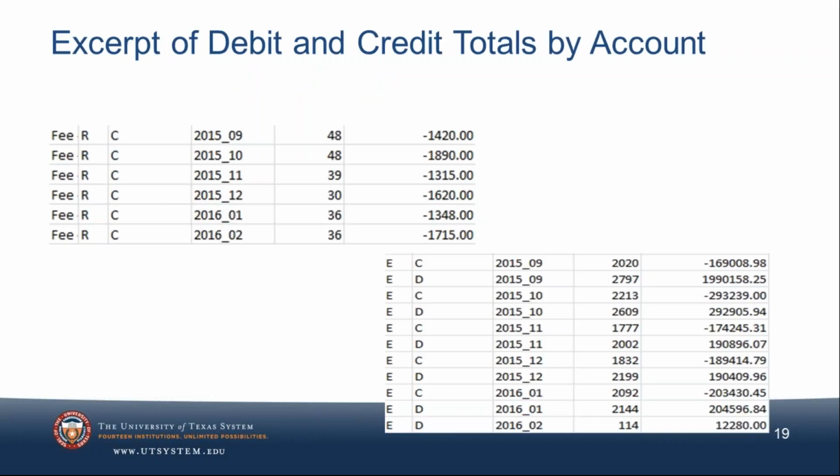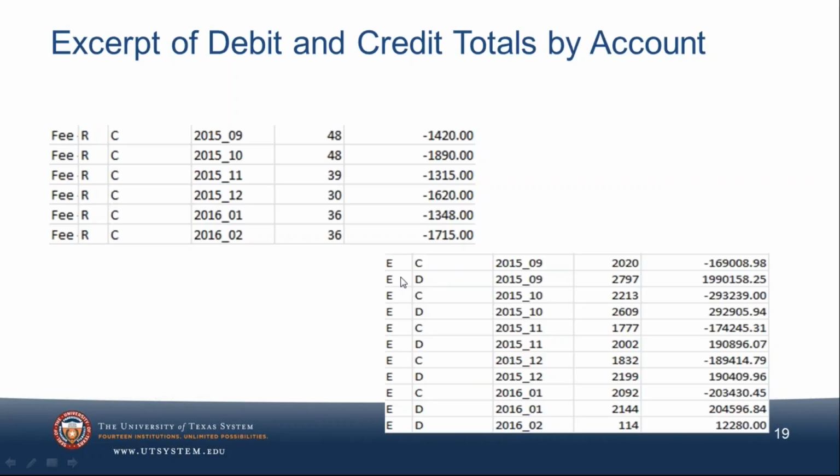And then here I just did a couple of screenshots of Excel just to show some different things that you might be looking at. So here we have a revenue account. I should have put the headers on there, sorry about that. This is part of the account name. This is the type of account, so it's a revenue account. This is going to be whether it's debit or credit. And in this case, these are all credits, which makes sense because this is a revenue account. So any increases in revenue are going to be credits. When I see this, I don't see any large discrepancies. It seems pretty steady, and they're all credits, so that makes sense to me.